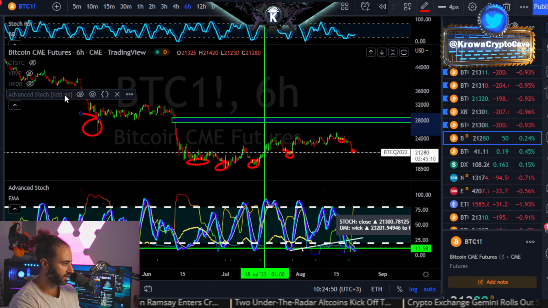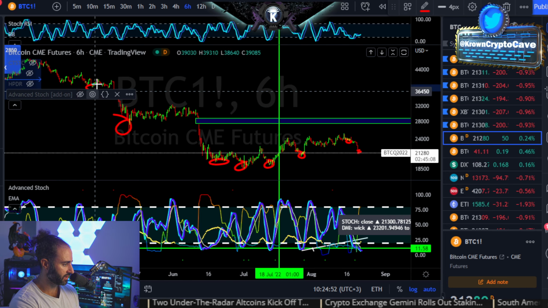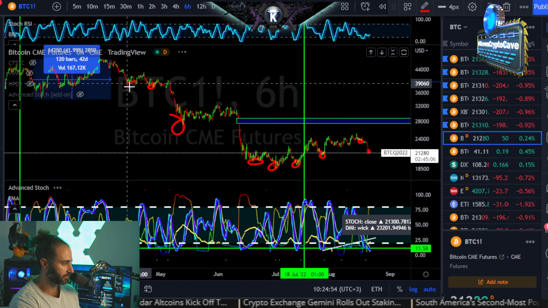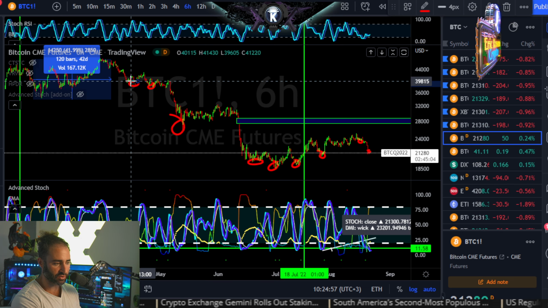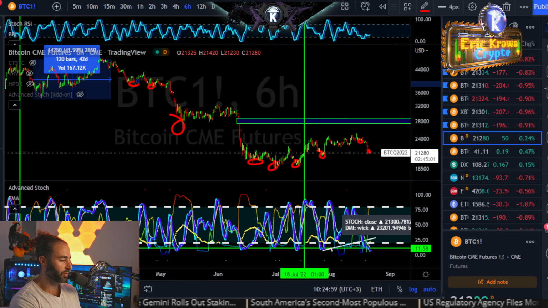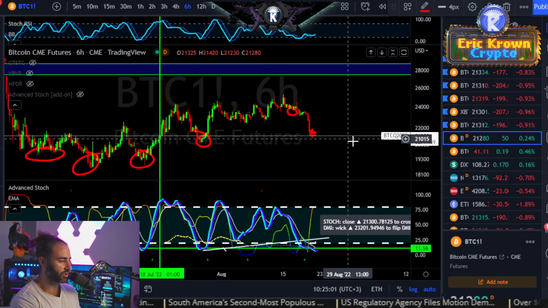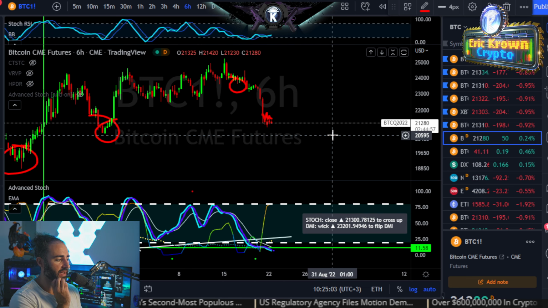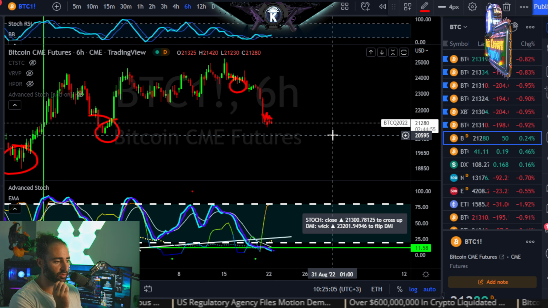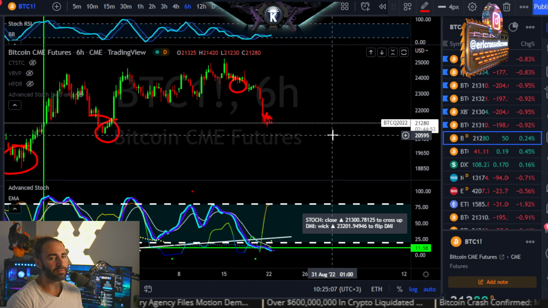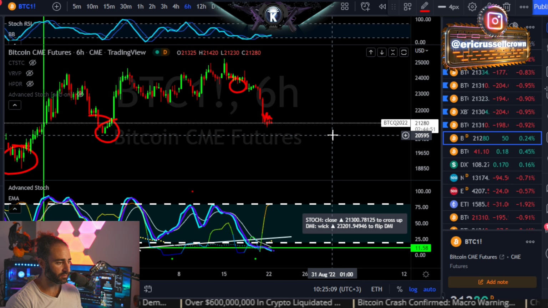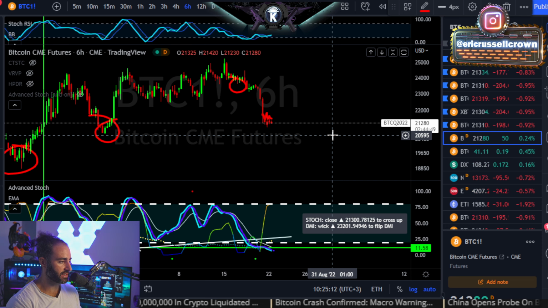Yep, right here. And do we have another one right here? Yes, we do. All of these were decent bounces. They all ended up eventually failing, obviously, but they were decent bounces nonetheless. So I did want to identify that if Bitcoin does take another leg down here, again, it's very likely to bounce in the short-term timeframes before having higher-term timeframe continuation to the downside.